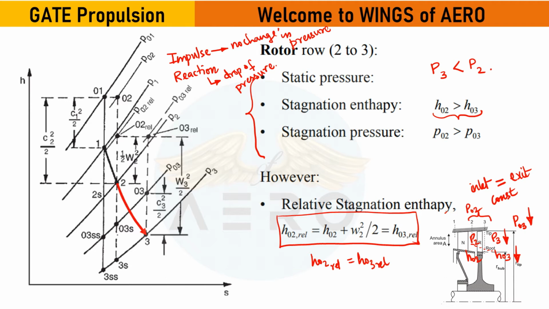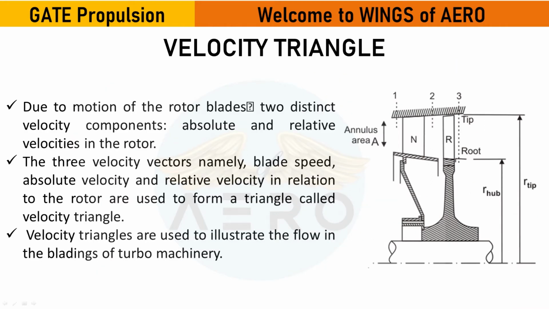Yes, ma'am. Okay. Now coming to the velocity triangle, in all these turbomachines you have to remember the velocity triangle. The main and ultimate thing is the velocity triangle, the formulas, and expressions such as what the pressure changes are, pressure drop or pressure rise, and how the enthalpy changes. These small parameters you have to remember here.